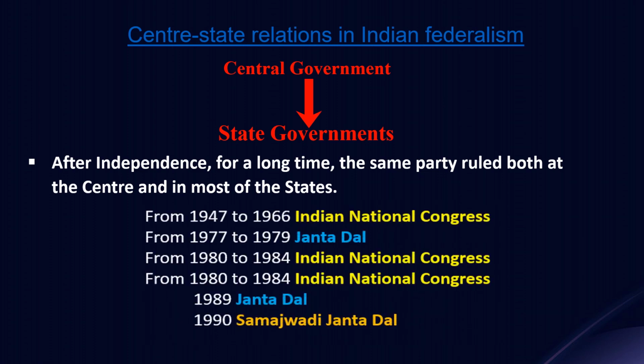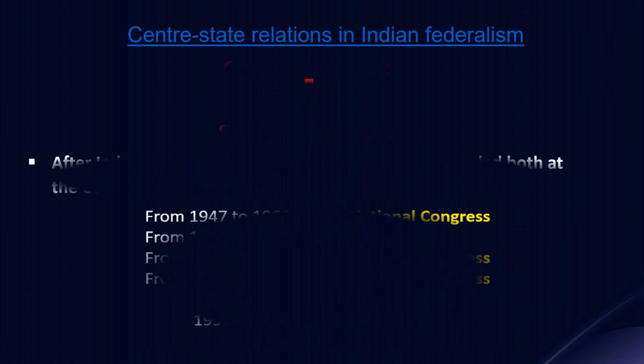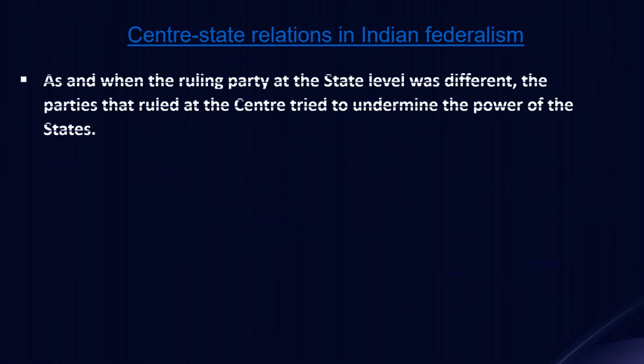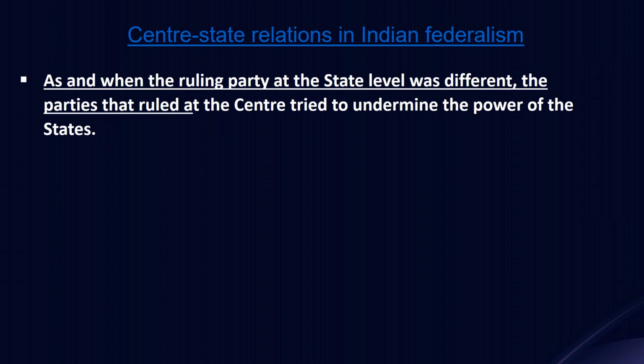After independence, from 1947 to 1990, mostly we had only one party in the center and state. Which means for a long time the same party ruled both at the center and in most of the states. Thus in those days the states did not have the right or power to make decisions. They were dependent on the central government. And when the ruling party at the state level was different, means not the same party which was at the center,